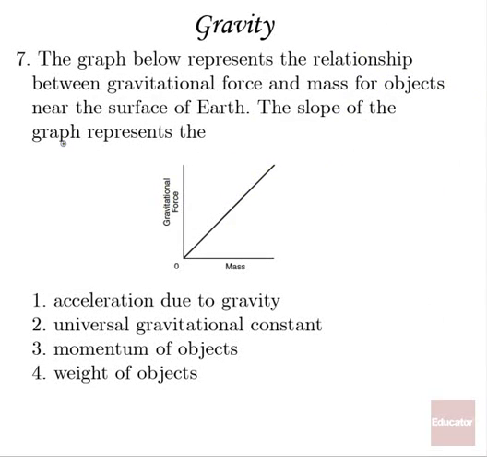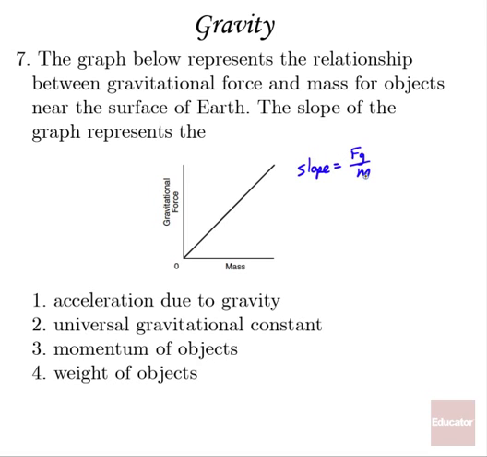Number 7. The graph below represents the relationship between gravitational force and mass for objects near the surface of the Earth. What does the slope of the graph represent? Well, slope is going to be rise over run. So we're going to have change in gravitational force